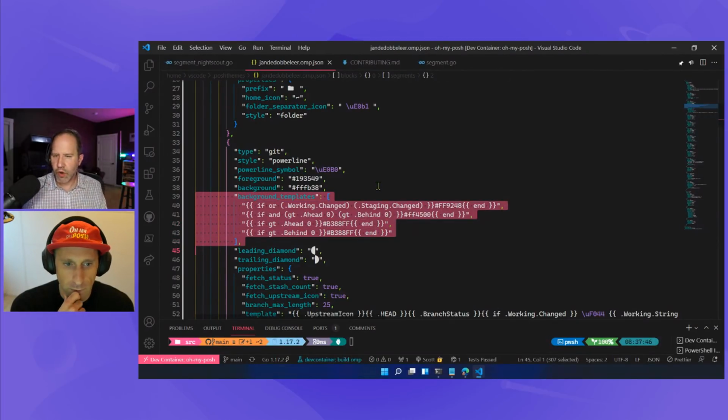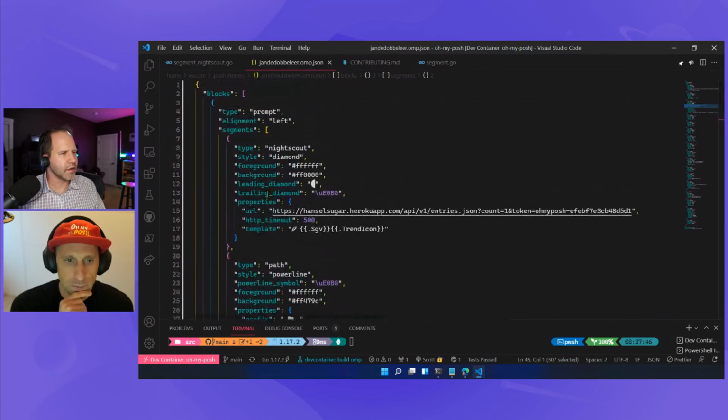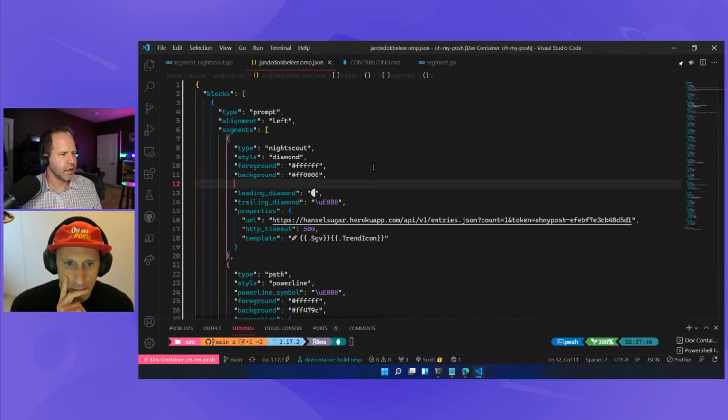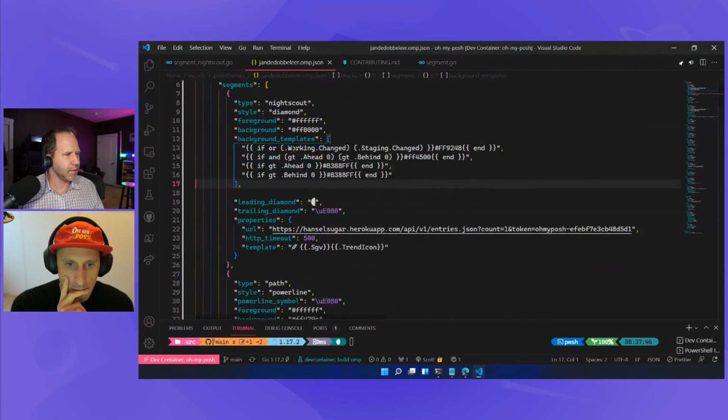I was ready to go off and write some more Go. No, but what we're doing here is making an extremely clever background template. So I'm going to go back up here. I'm going to say background template, and then I'm going to say if